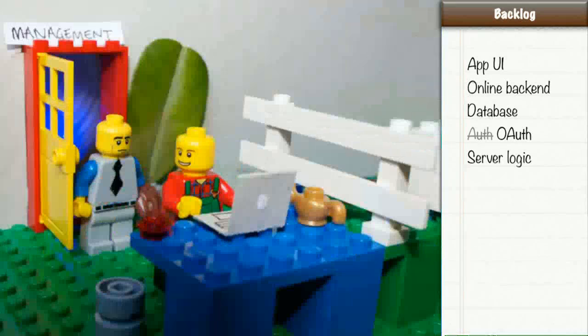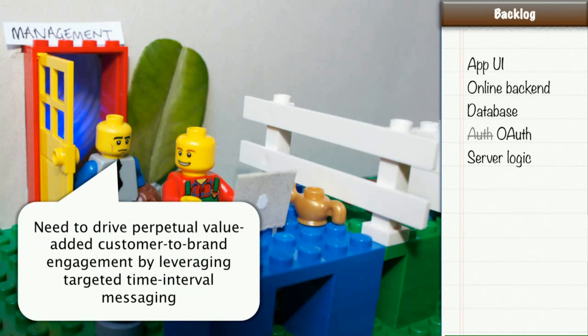And then you show the boss the updated demo, and the boss nods and looks serious for a moment and says, oh, anyone got any ideas what the boss is actually asking for here? Use your software analyst skills. Push notifications, yes. The boss wants to be able to send push notifications to users. So you can add that to your backlog, and that means learning a new set of APIs. And because you need to send them at particular times of day, you'll need to have a system of running scheduled tasks that you've also got to implement.